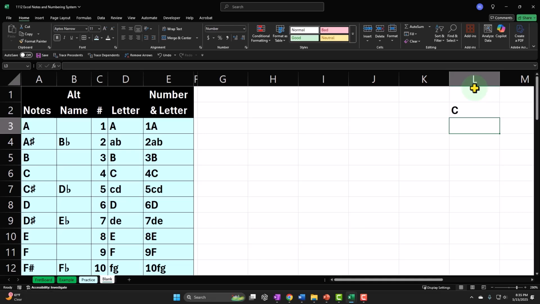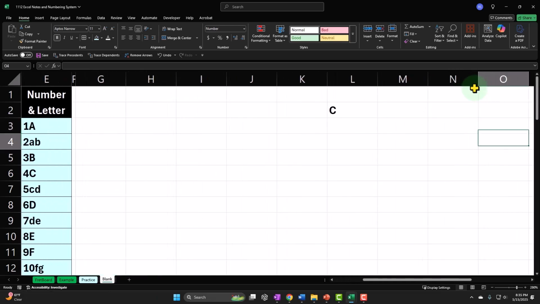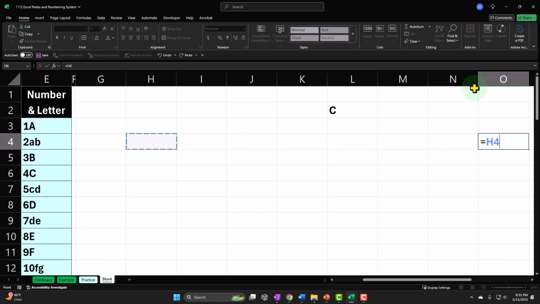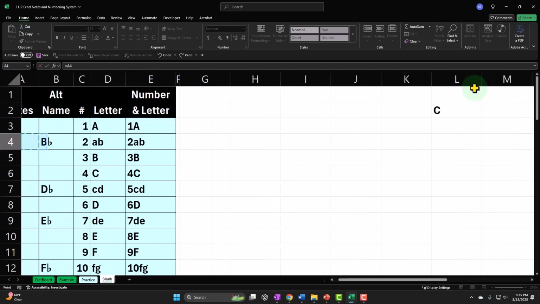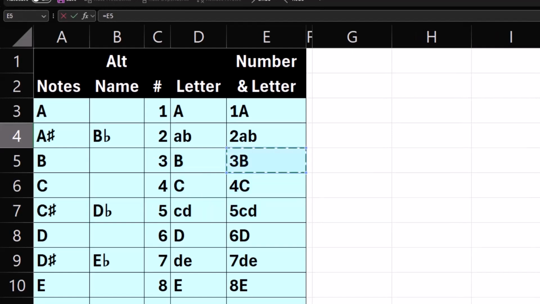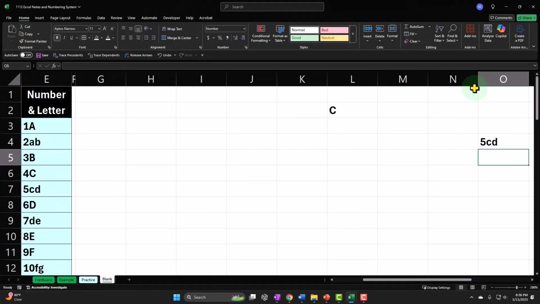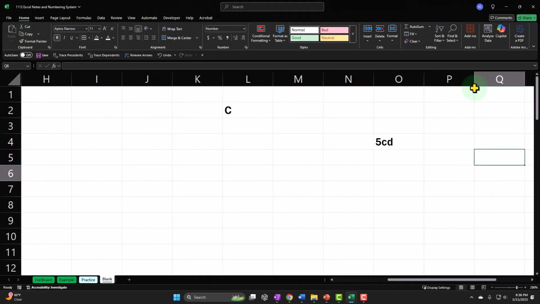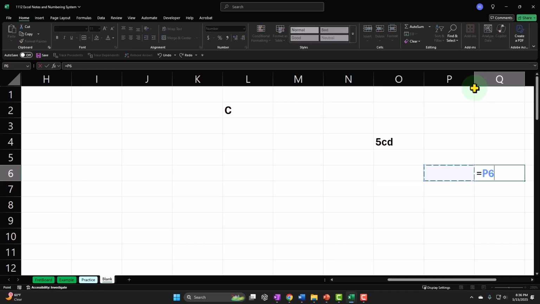And then I'm gonna go out to, let's say, an O area. And then O4. Let's try that. And make this, now normally I'm kind of cheating. I'm looking at my cheat sheet over here, but you could, and this should be the next one, which should be CD, 5CD, and then I'm going to Q6. Okay, and this is going to be equal to the D,